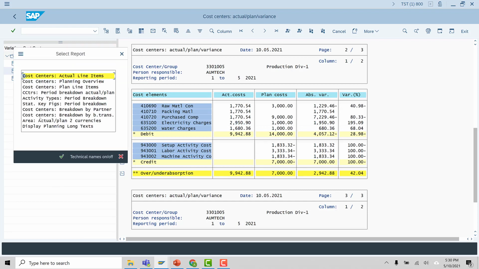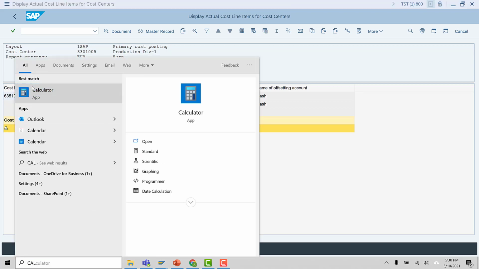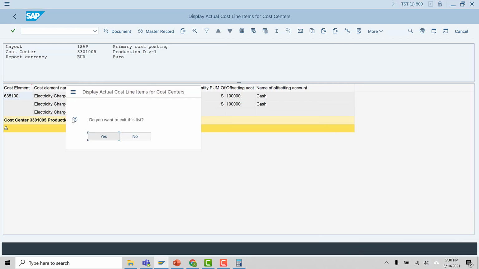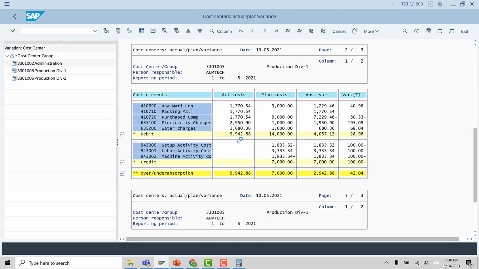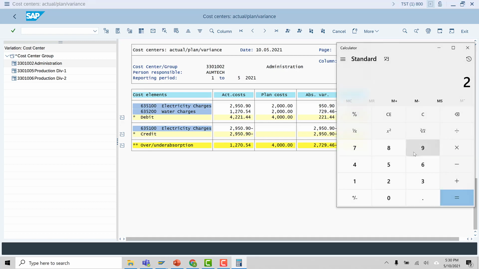So you can see it received this amount, 1180.36. The amount sent was 2950.9, 40% of that is 1180.36.